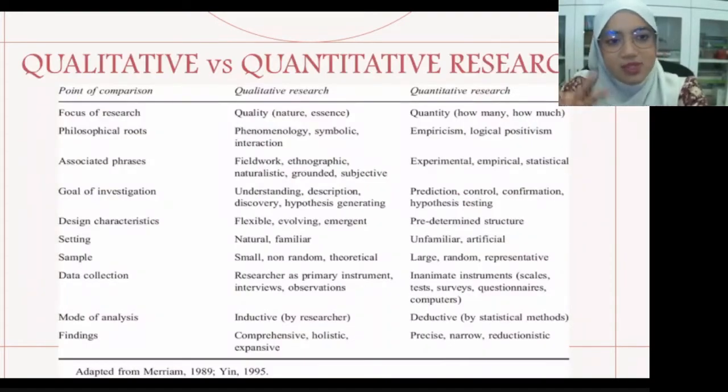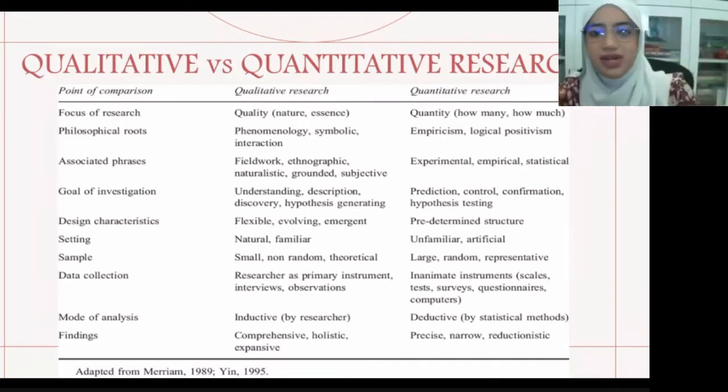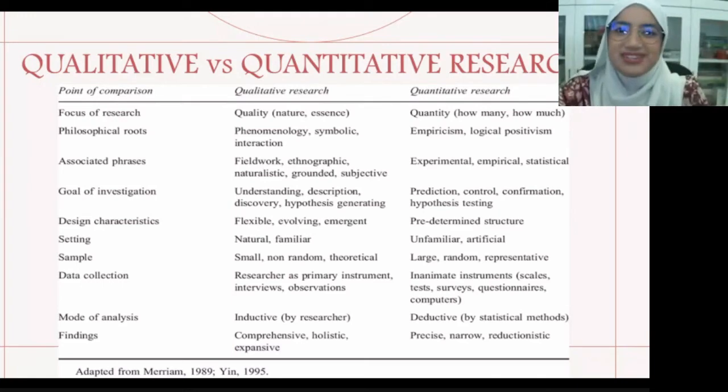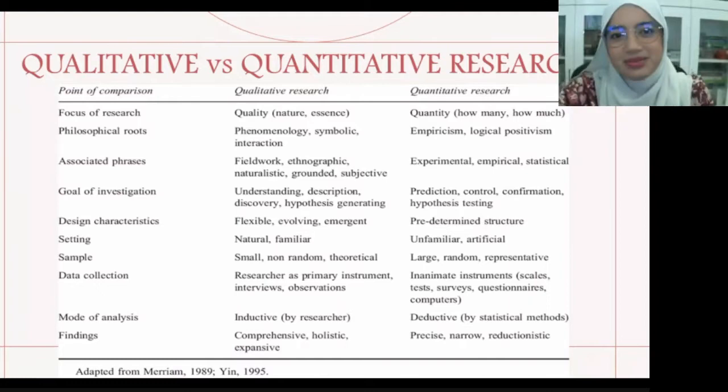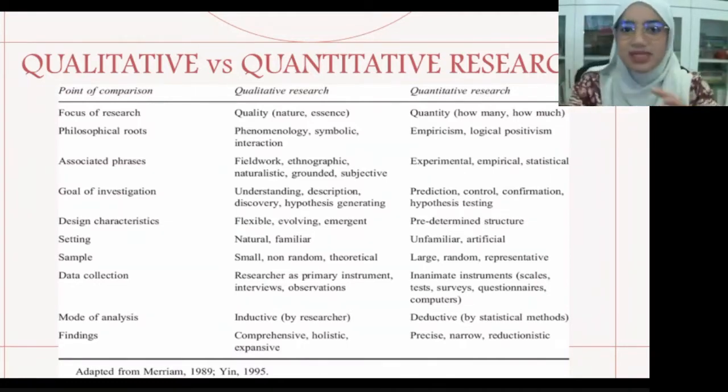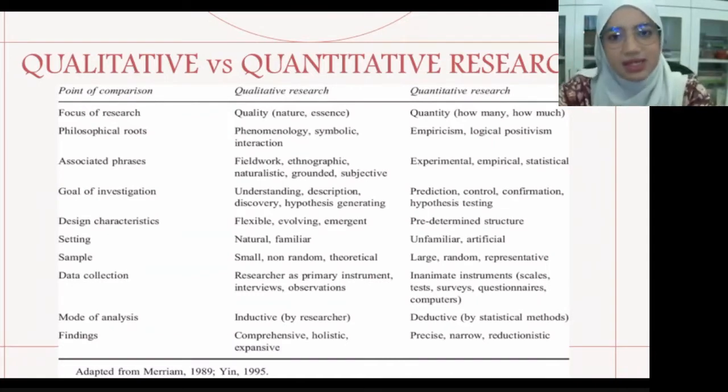Okay, so the difference between qualitative and quantitative, I would like to stress that it's a continuum. It's not a dichotomy. If qualitative research is on the far left and quantitative research is on the far right, you cannot say, if you are doing a survey, that you are purely quantitative. Not necessarily. There must be qualitative things inside your research as well. So it's a continuum, not a dichotomy, right? But it is based on different assumptions, of course.